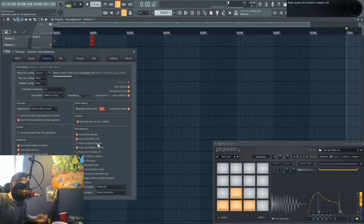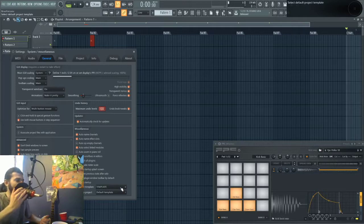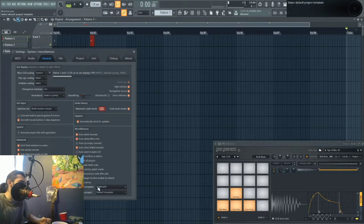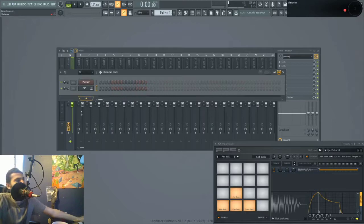Default template, I don't know if you guys know this, but you can actually save the template so that every time you open FL Studio, it'll open up as whatever you save it as. So in order to do that, you go and make your template. If you want to have just the Patcher and the FPC like I do because I have the MPK MIDI,